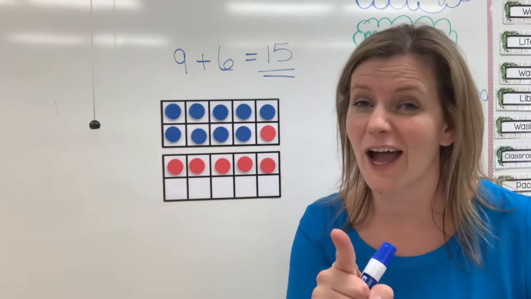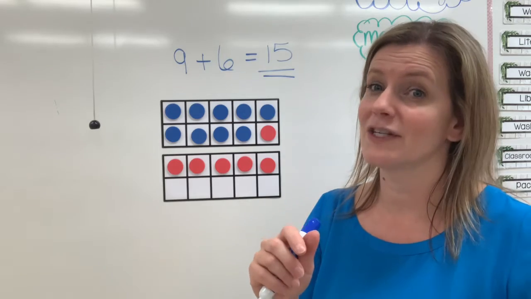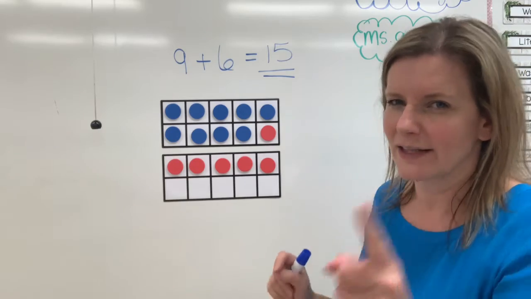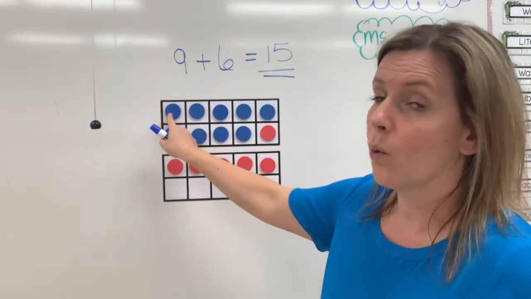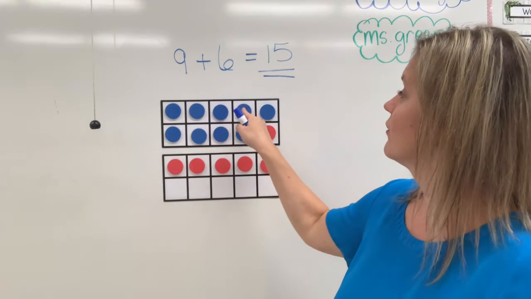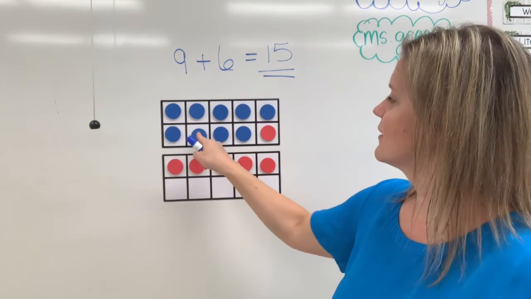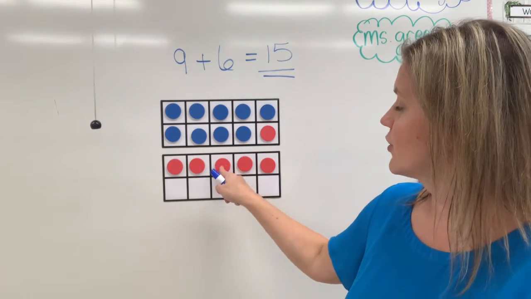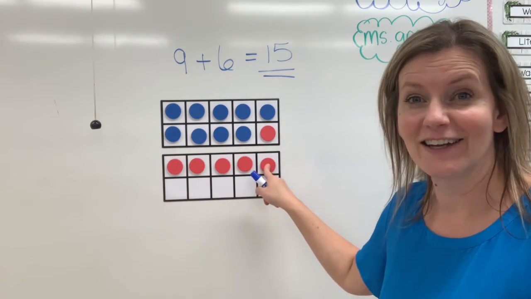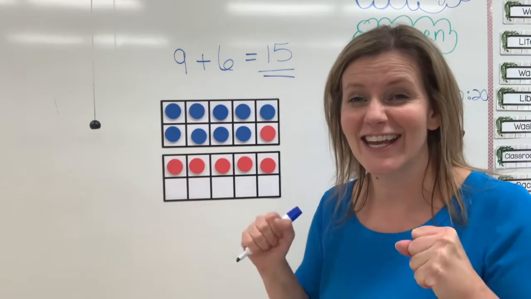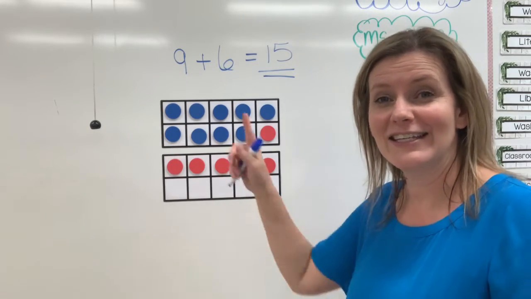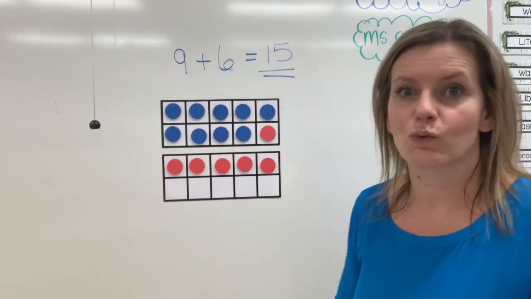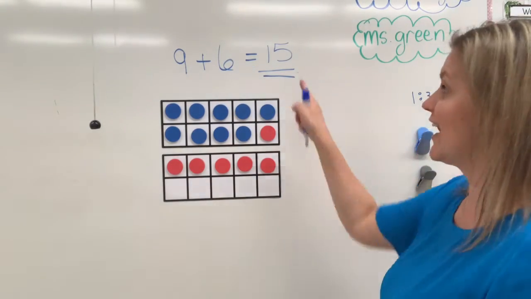Now, we counted by fives, but we can always double check by counting by twos or counting by ones. So let's try counting by ones to double check. 1, 2, 3, 4, 5, 6, 7, 8, 9, 10, 11, 12, 13, 14, 15. So our answer is right. We double checked. We had 9 blue counters. So we had our 9 and we added 6 red counters, and those are our red, and it came to